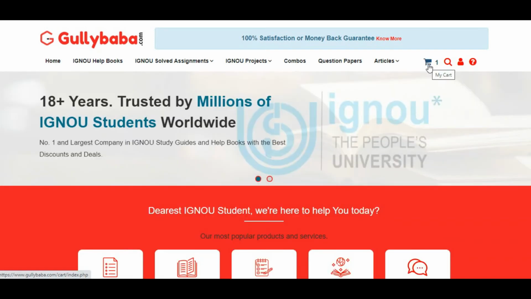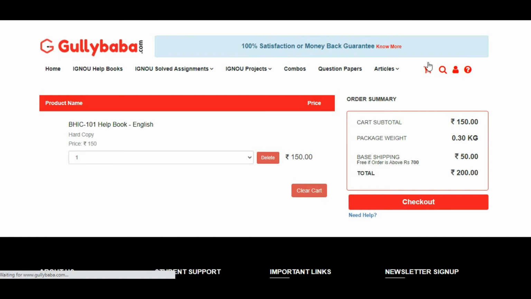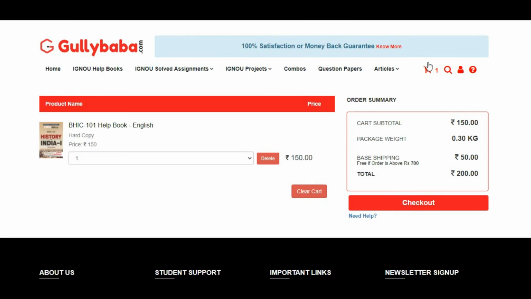From here, you can go back to browsing for more books to add to the cart. If you ever need to get back to the checkout section, simply click the shopping cart button present on the top right of each page. This will again take you back to the checkout page where you can confirm your purchases and click on the Checkout button to start the shipping process.